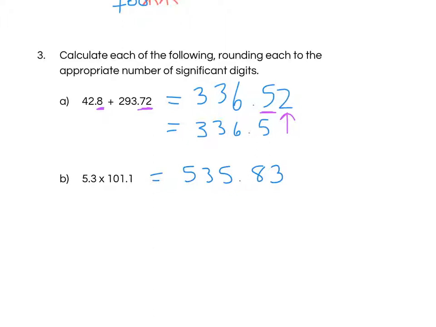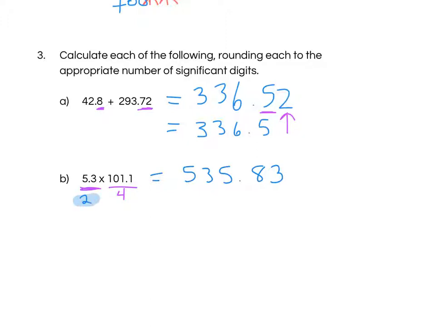And so the rule that we use when we are multiplying digits and we want to know how to round to the right number of significant digits is I look at the total number of digits that count in each of the values that are used in the multiplication. So here 5.3 has 2 sig figs and 101.1 has 4 sig figs. So my answer can't have any more sig figs than the value with the fewest, and so that's the 2,